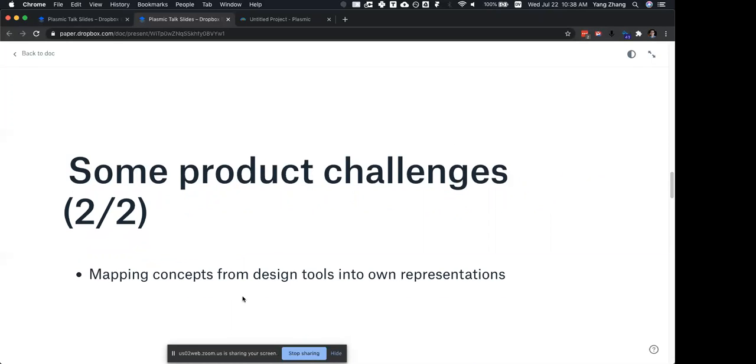The second product challenge is around something I didn't show in this demo. I showed creating things from scratch, but if you go to our website and watch the demo there, we're actually showing a different flow where you can start with a design that you've already created in something like Figma or Sketch, one of these design tools. Maybe a designer you work with has already created these, and from there you can import that into